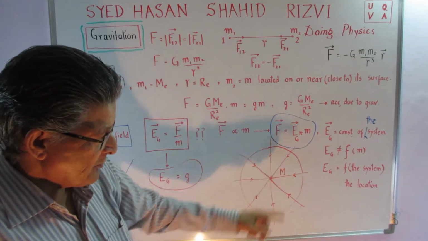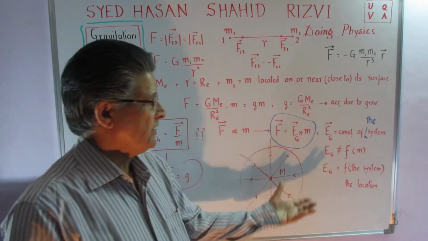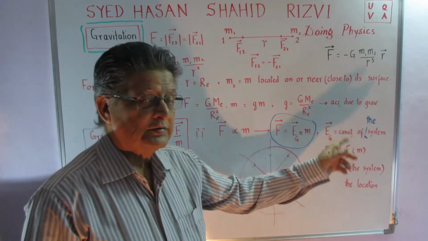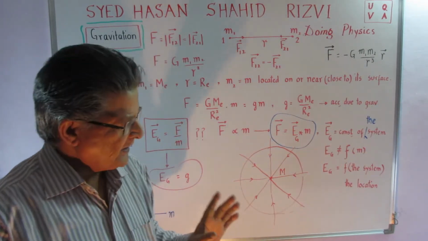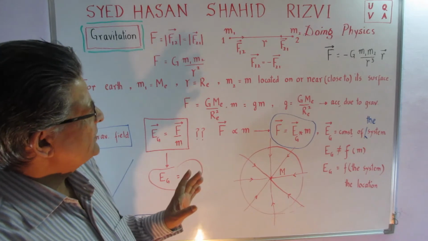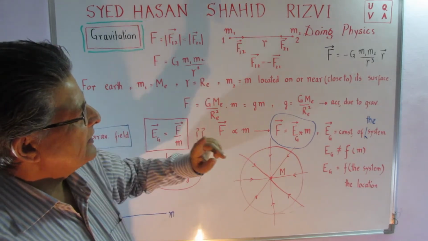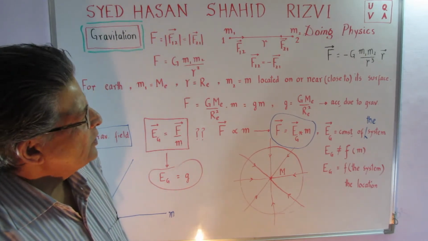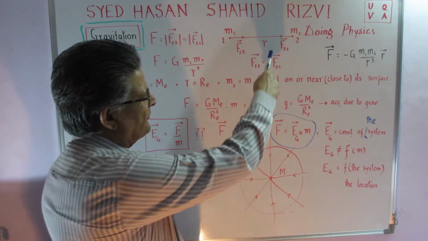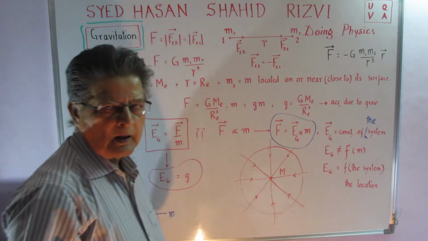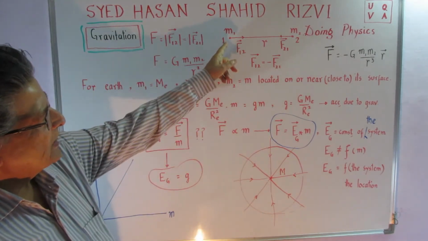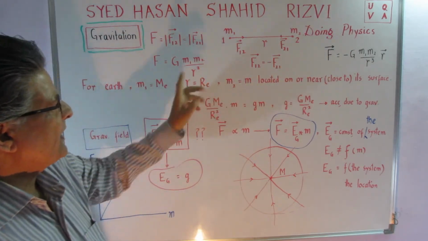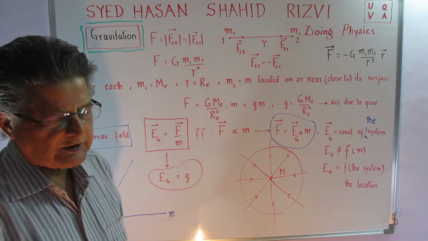It is not a function of mass M. Then the question is, what is it a function of? Eg is a function of the system, the defined things of the system. That is, there is a mass, for example, here, and we can keep it like that. You can see that if the value of R is reduced, keeping the value of M1 and M2 the same, then what we find is that the magnitude of the force F,